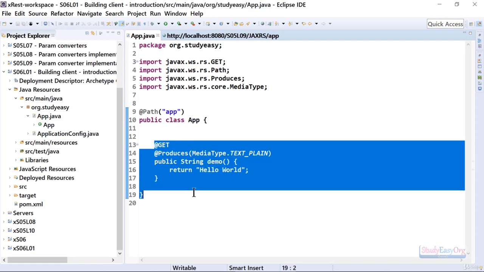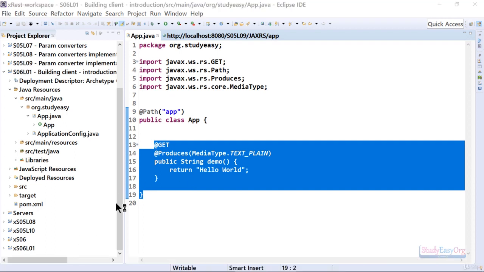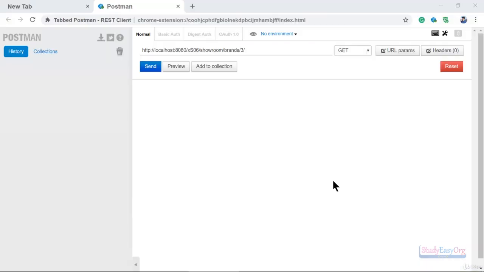Now friends, whenever we deal with a client, we want an API where we can request resources. We are building a client, right? So for example, I open up Google Chrome, and inside our Google Chrome we have this REST client, the Postman REST client. What exactly is this particular piece of software? This is nothing but a client in the form of a Chrome extension, and this client helps us to request